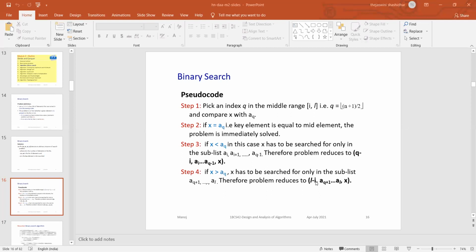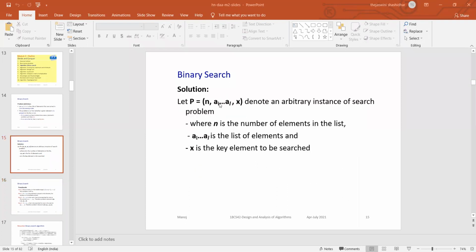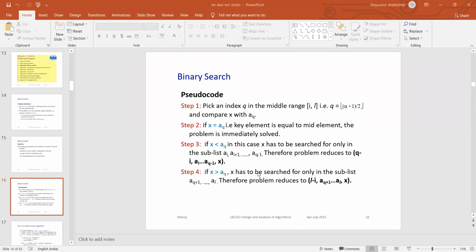So you go with L minus I. If you don't remember Q minus I, L minus I, no matter, but you have to give AI to AQ minus 1, AQ plus 1 to AL, because the array ranges from AI to AL. Okay, this is the pseudocode.